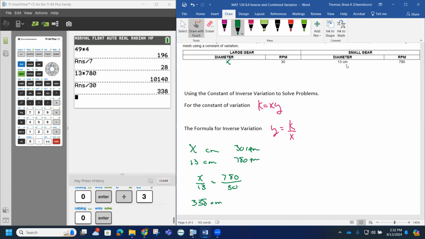So if I play this out with the constant of variation, notice that the 13 times the 780 would be the constant of variation. And we said that was 10,140. And then to find the diameter of the larger pulley, that would represent Y. So the constant of variation would be the 10,140, and we would be dividing by X, which is the